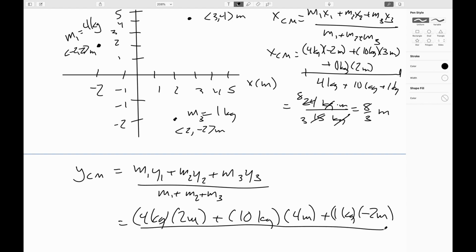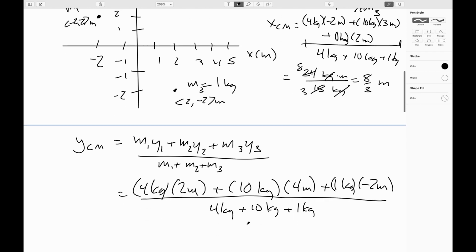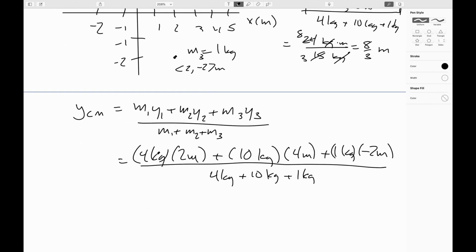And again, that's all going to be over 4 kilograms plus 10 kilograms plus 1 kilogram. So this is going to be 8 plus 40. So 48 minus 2 is 46 kilogram meters over 15